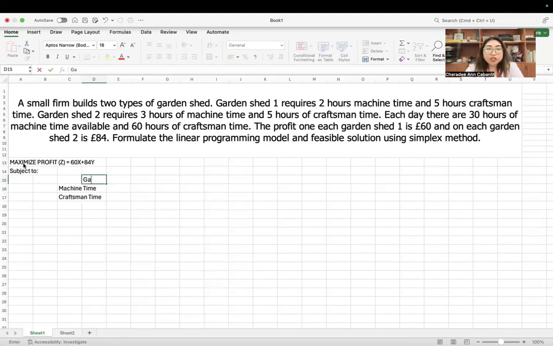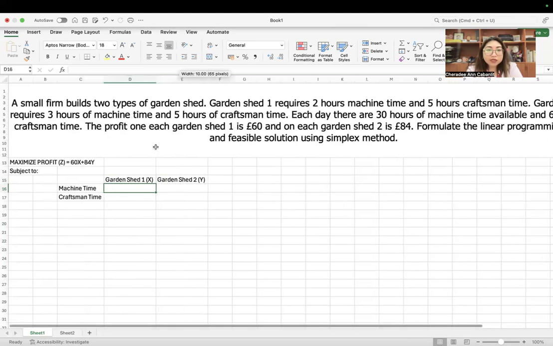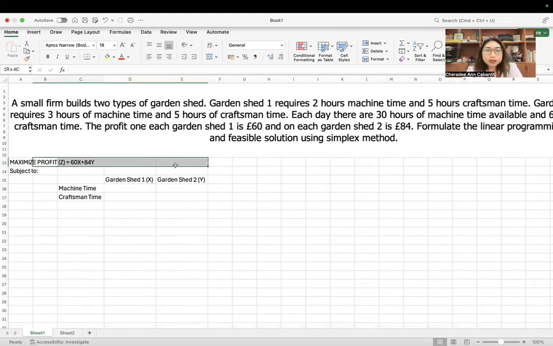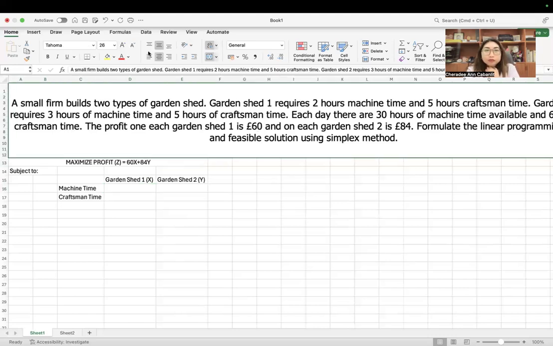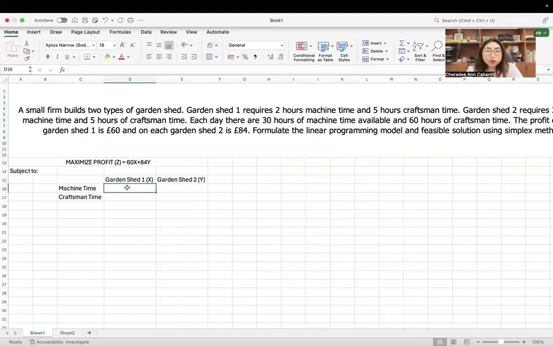So we have the garden shed one, which is your X, and your garden shed 2, which is your Y. Now, to help you summarize, for the machine time of garden shed 1, that's 2 hours and 5 hours craftsman time.